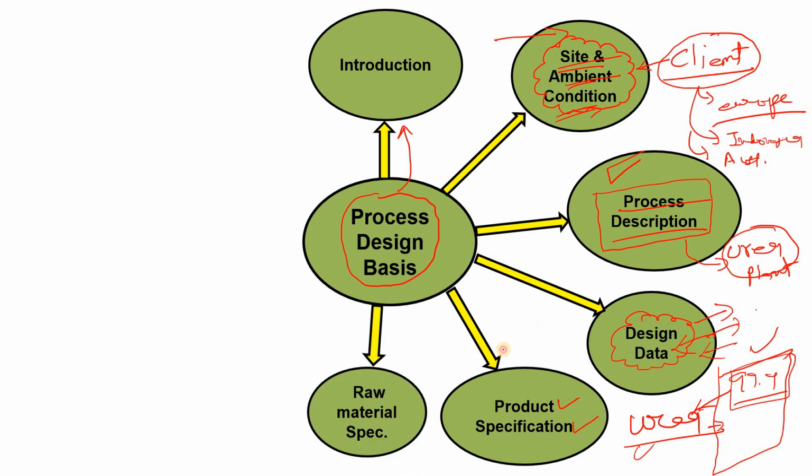Now the next information which we provide in the process design basis is the raw material specification. Basically, if you are manufacturing urea, then what are the raw materials? The raw materials are simply your liquid ammonia, that is NH3, and the carbon dioxide. And there is the steam and all the other information, we will give that detail in the utility specification. So liquid ammonia and carbon dioxide are your raw materials for urea manufacturing, right?